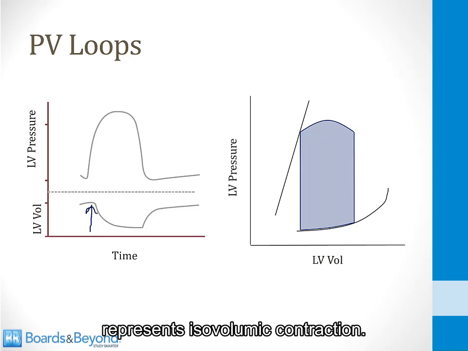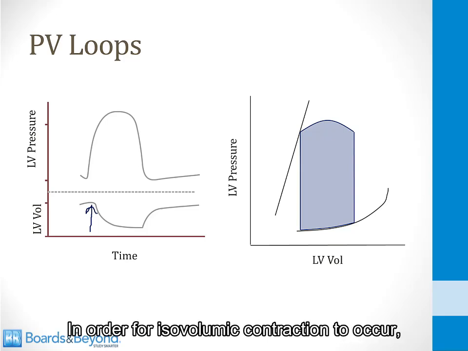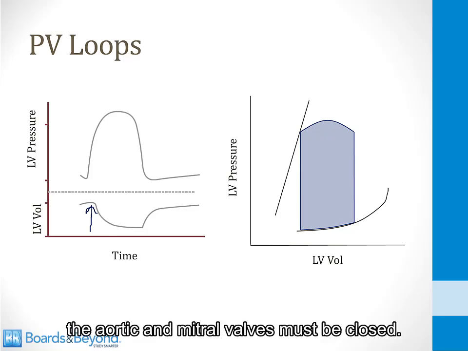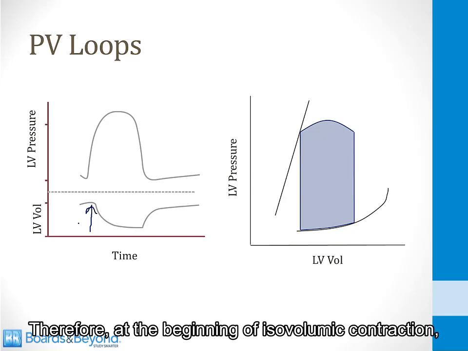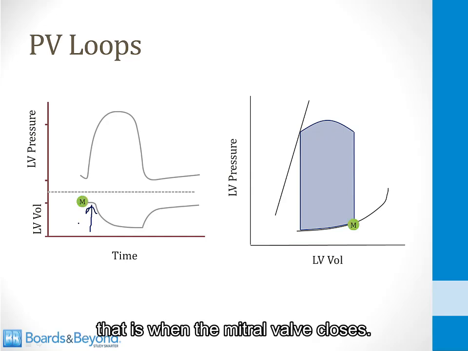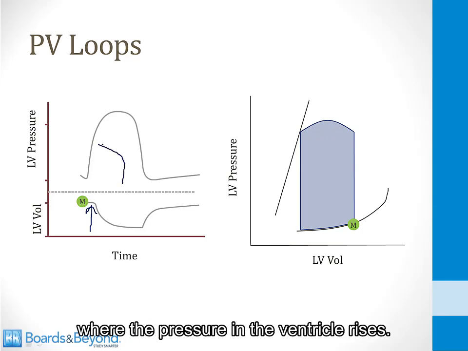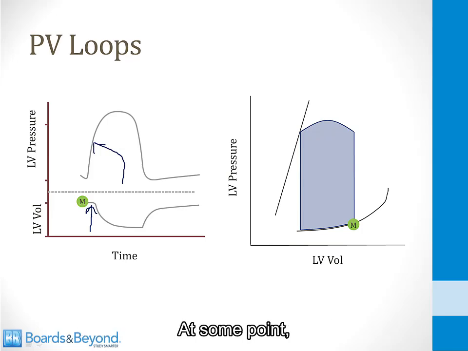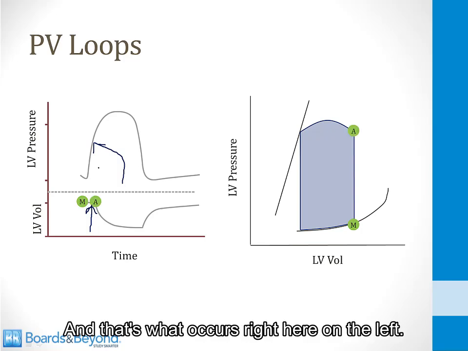curve represents isovolumic contraction. In order for isovolumic contraction to occur, the aortic and mitral valves must be closed. Therefore, at the beginning of isovolumic contraction, that is when the mitral valve closes. And I've denoted that on the left, and I've also denoted it on the right on the pressure volume loop. We now enter the period of isovolumic contraction where the pressure in the ventricle rises. At some point, the pressure gets so high that the aortic valve opens, and that's what occurs right here on